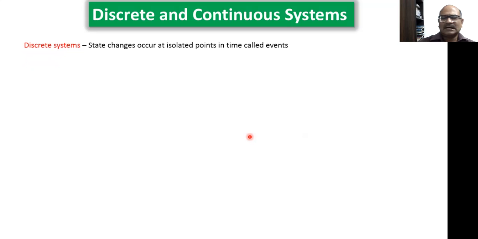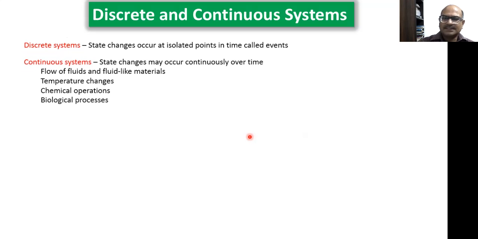In a discrete system, state changes occur at isolated points in time called events, and in continuous systems, state changes may occur continuously over time, like flow of fluids and fluid-like materials,